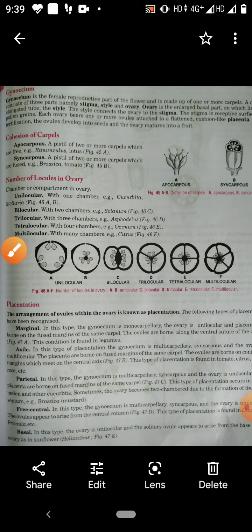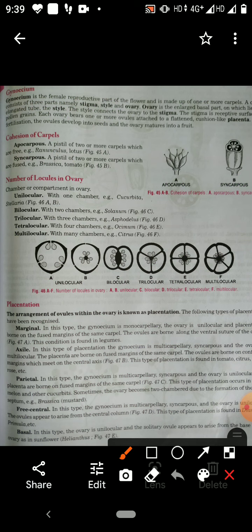Now next is the number of locules in an ovary, the number of chambers or compartments in the ovary. If in the ovary there is only one chamber, as in this figure, that is called unilocular. There are two chambers like this. In the ovary two chambers are there, so that is bilocular. In the ovary if three chambers are there, like this, that is called